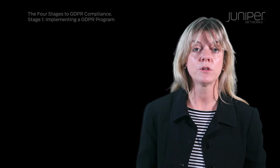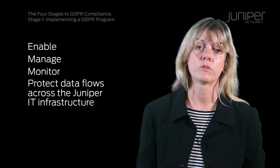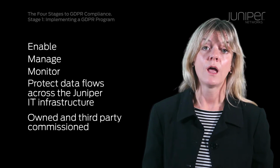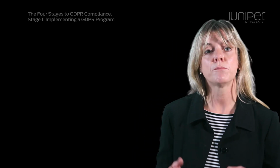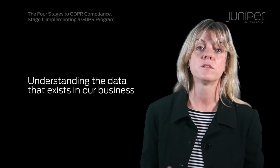Once the DPO and the resources have been identified to progress the compliance efforts, our main purpose centers on how to enable, manage, monitor, and protect data flows across the Juniper IT infrastructure, both owned and third-party commissioned. This helps us to understand the procedures and processes we will ensure are in place for compliance by May 2018 and beyond. Our first and biggest consideration during this stage, however, has been understanding the data that exists in our